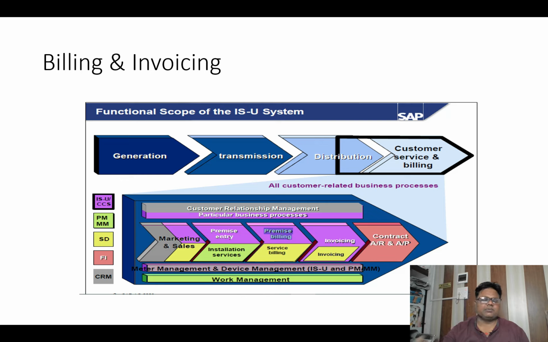When we talk about generation, you can do the generation through a hydropower plant, thermal power plant, solar power plant, or wind power plant. So these are the ways through which we do the generation